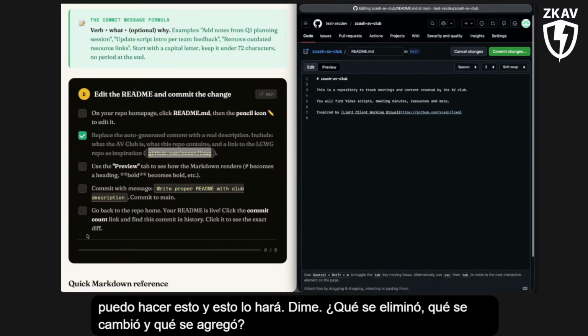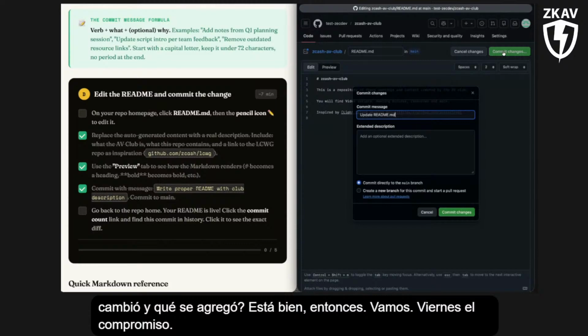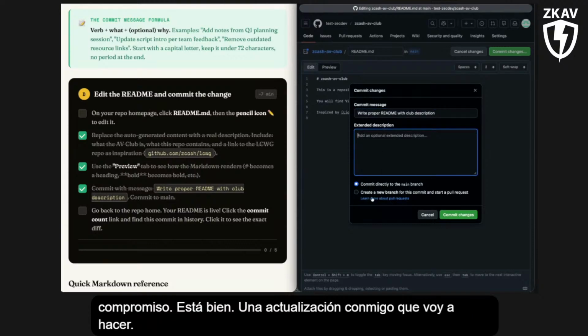Okay, so let's write this commit. Okay, and update readme. I'm going to do this red property. Okay,